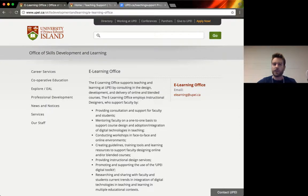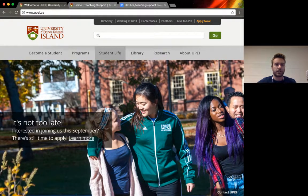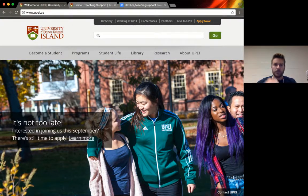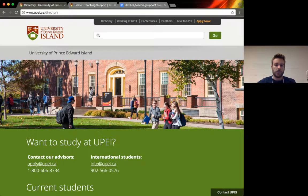it's kind of buried. We changed things a little bit, and that's already in effect. So if we go to the University of Prince Rhode Island front page, it's beautiful. It is actually really nice. I like it. It's nice and clean. But me knowing my way around here, for services on campus, go to the directory. And if we go through here,